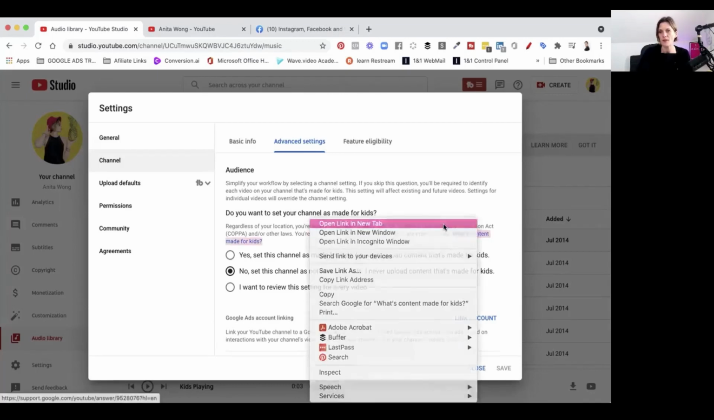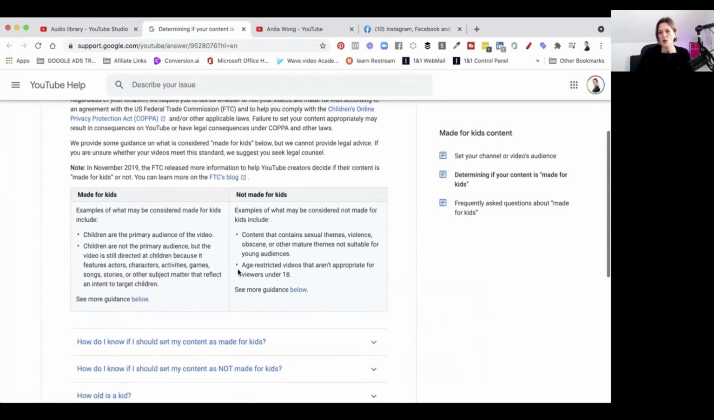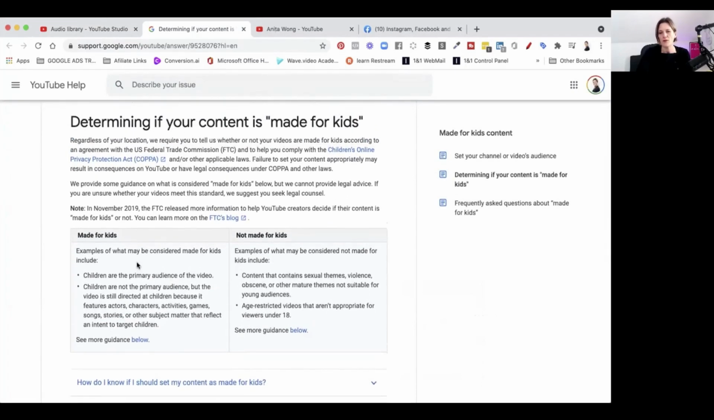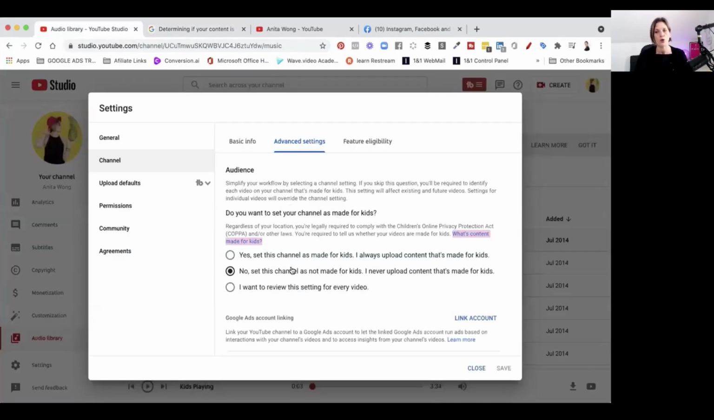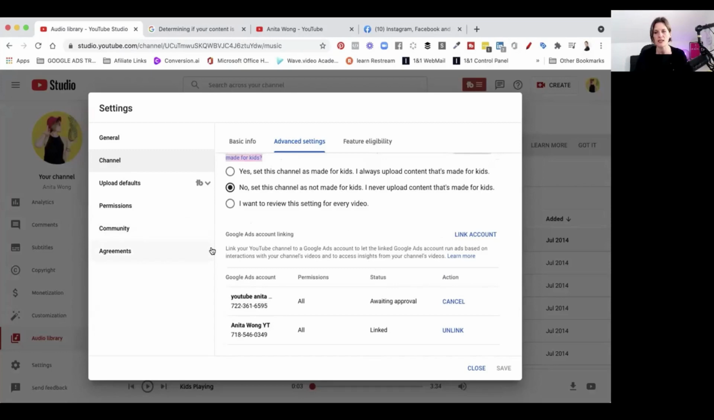So what is content made for kids? Let's just open that up and have a quick look at it, because it's super important that you make sure. So, determining if your content is made for kids. I would definitely read this through to make sure if you are making content for children or not, and it does make a difference. It's under 18s. So if you're making content for under 18s, then you do need to tick that your content is made for children. If, however, you are aiming content at over 18s, then you can quite happily say that you're not making it. But I would definitely look at this link and read through this to make sure what you want to set this at. You've also got some other future settings for